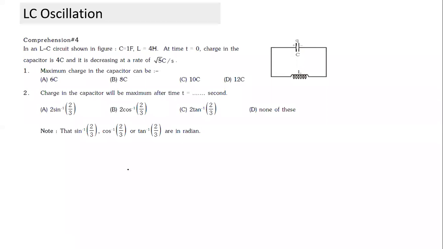Okay, let's look at this question now. All of you read this question, give a thought for a couple of minutes. At t is equal to 0, definitely there is some phase constant in this. Yes, so we'll write the expression Q is equal to Q naught into sine of omega t plus phi. Yes, sir. And they gave the rate of decrease of charge, so that is nothing but current. Decreasing at the rate... Okay, so the current value is given.